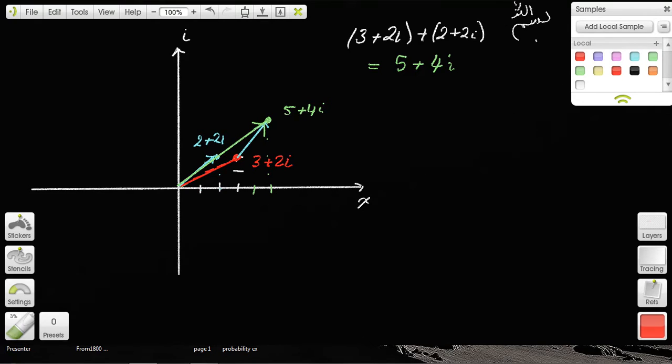So in other words, that's the original vector, and I just moved over the second vector over here, which was like this, okay? And then I got the composite vector, which was from here to here. So you can see that complex numbers can be used as vectors, and addition and subtraction of these vectors is very convenient, because they have two components. Vectors have an x component and a y component, so to speak. In this case, a real component and an imaginary component. Okay, so complex numbers can be used as vectors, and this is exploited in